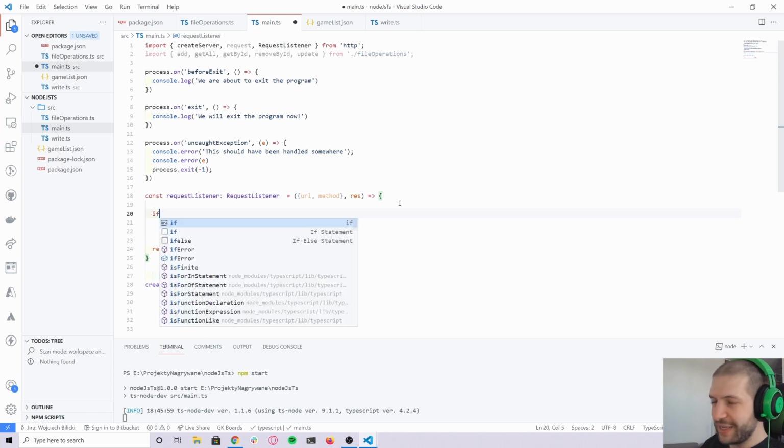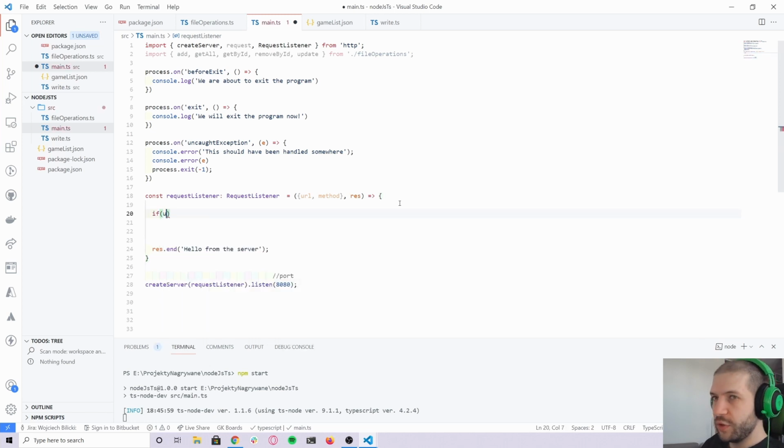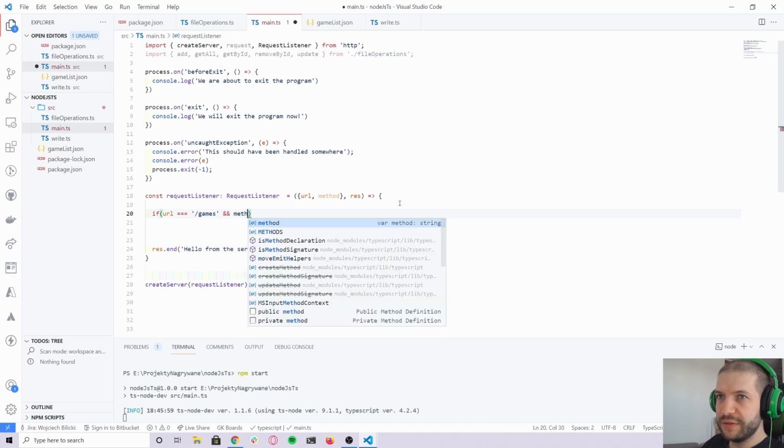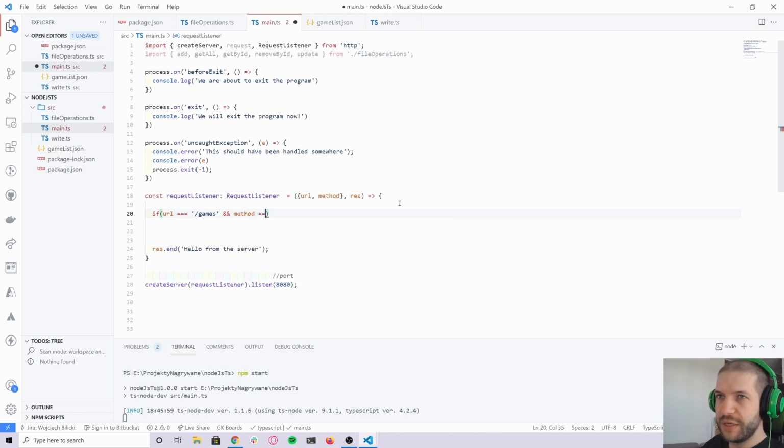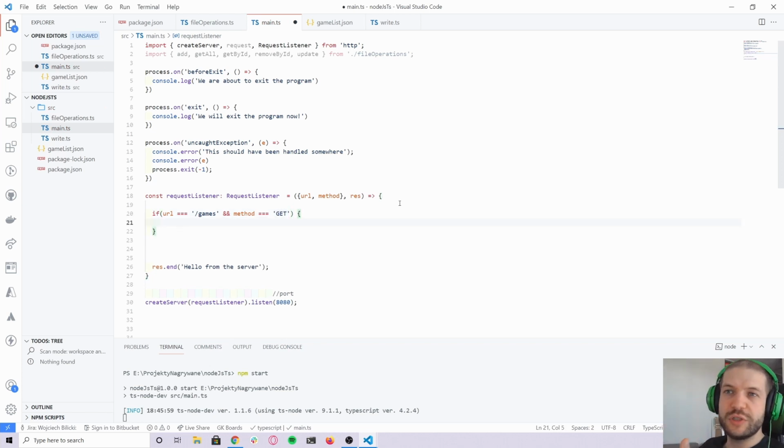So the simplest example is the URL is matching games, and the method is matching GET. I would like to return the list of the games. Okay, so